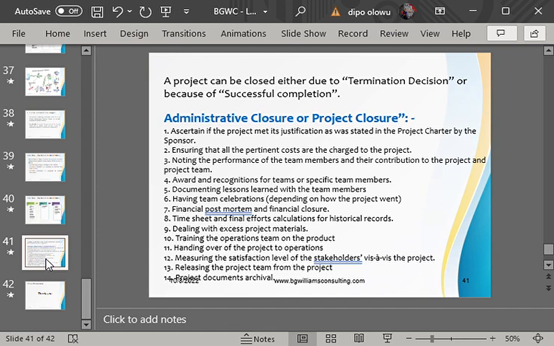What are the possible cases that can bring about a termination decision? Number one, when there is a legal action, it can bring about closure of a project. A legal action came and said we can't continue with that project. There's nothing you can do as a project manager. It's not your fight. It can bring about closure of a project. Number two, when the project organization no longer wants the project, which is what is referred to as closing a project for convenience. For convenience, because they no longer want it.